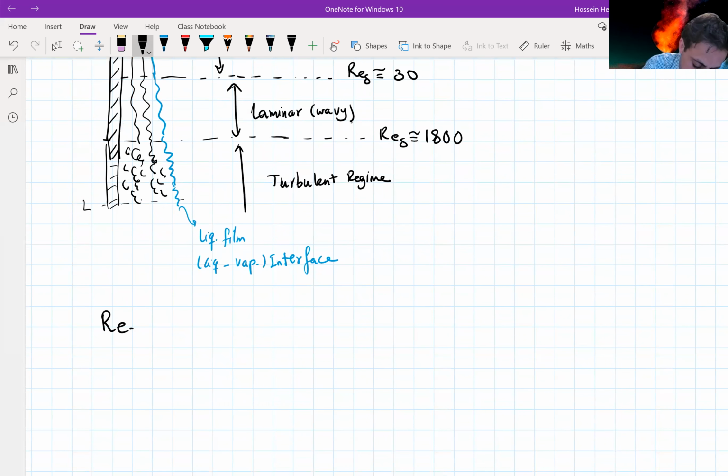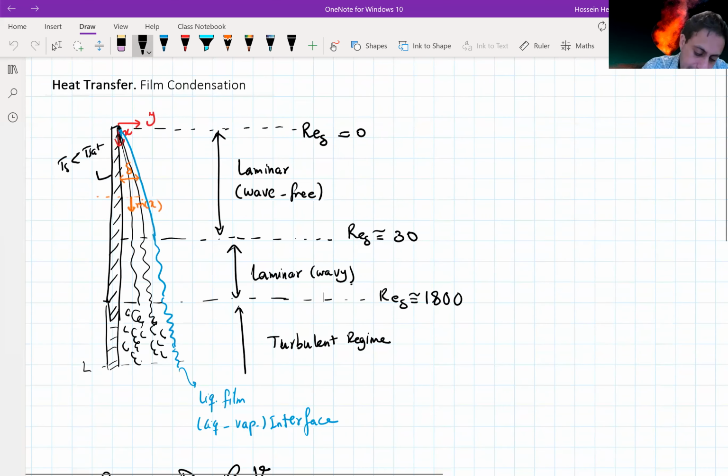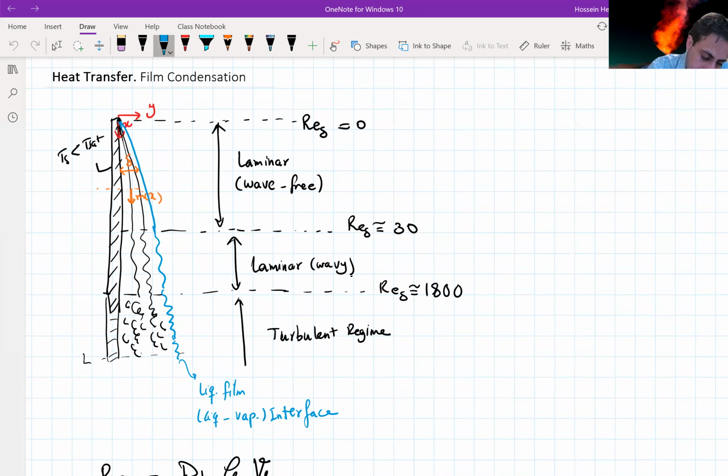So the Reynolds number of delta is defined with some hydraulic diameter, dH, the density of the liquid that is flowing down, some average velocity of the liquid going down, and the viscosity of the liquid. At any of these points, if I make a cross section and assign an average velocity,